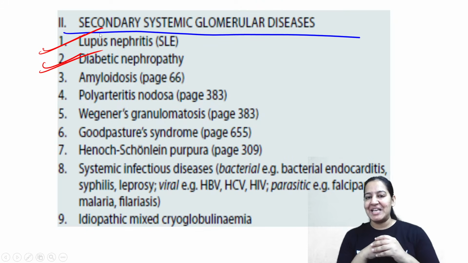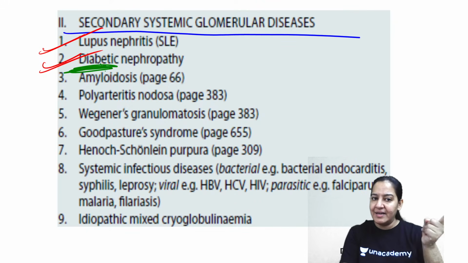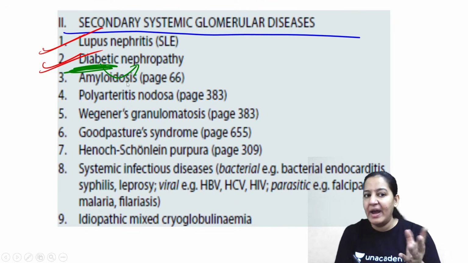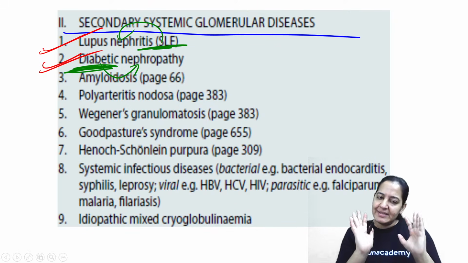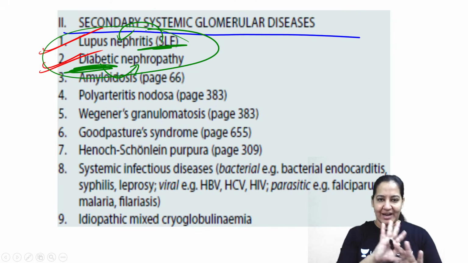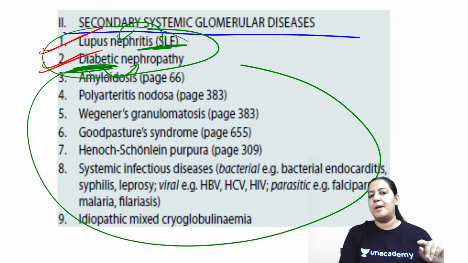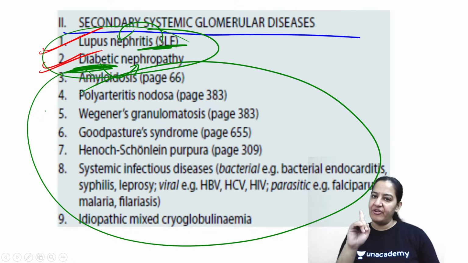So why are these known as secondary? The main disease is something else. In diabetes, the main disease was diabetes and the kidney was involved secondarily, right? Here the main disease is SLE and the kidney is involved secondarily. So in secondary, I am going to teach you only 2, right? Let me finish SLE and the secondary will be done. These are not very important from your point of view. You cannot cover all secondary, right? After that I will come to the hereditary. So first in the secondary, let me come